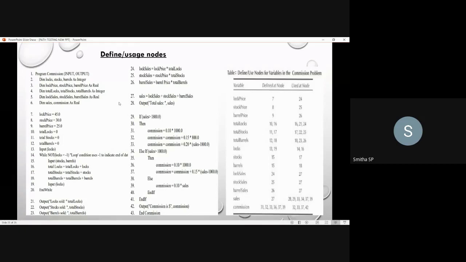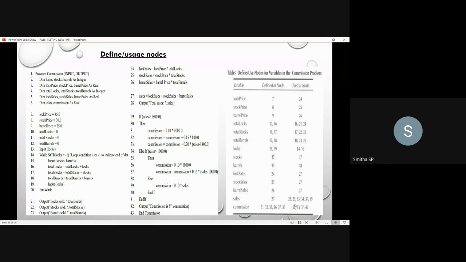Coming to this sales variable, it is defined at the 27th node, and where you will use it, go through the statements. Here it is used in the 28th line, the 28th node, to print the total sales value, whatever the sales you have got, so that value will be printed as the total sales.